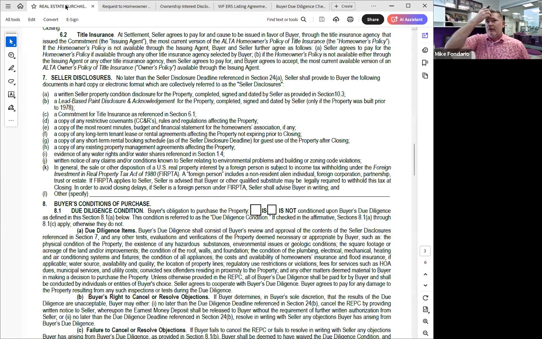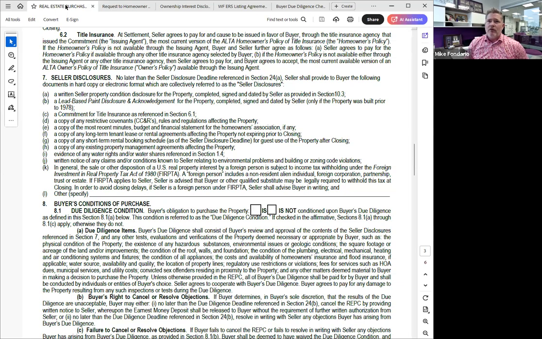The other thing, and we talk about this quite a bit, is the commitment for title insurance. I think that's one of the things that you should request right away when you start working on a property. That's one of the first things that we need to get after and request our title insurance policies. I think we're all really good at that.